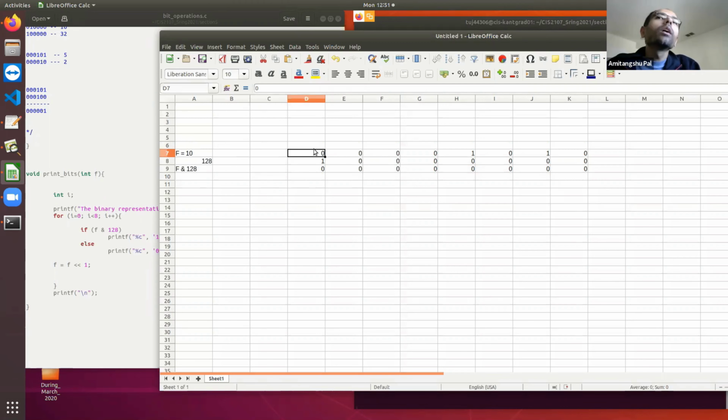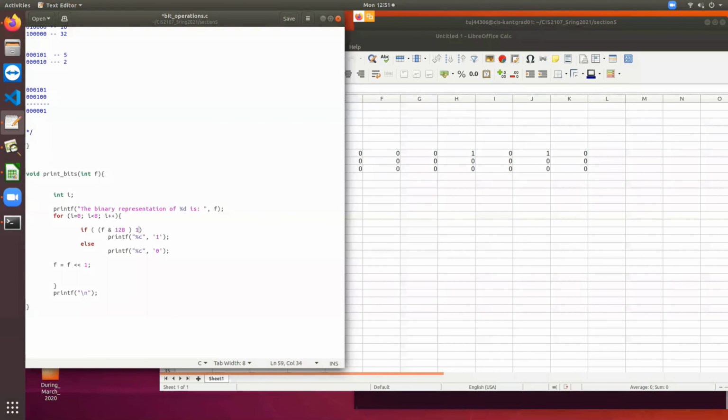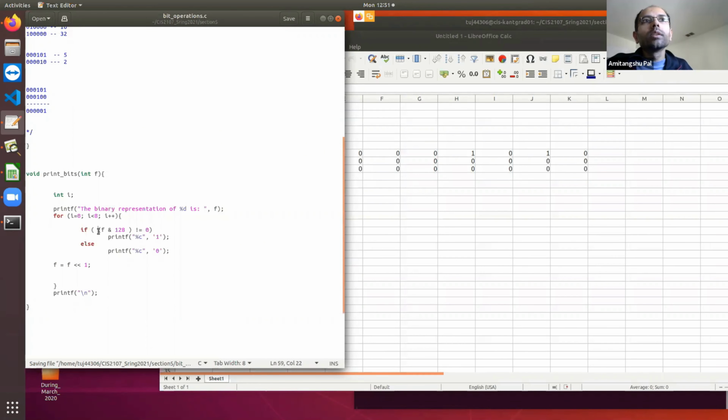Clear? Okay. So here I have written F and 128 inside if. What does this mean? This is equivalent to writing if F and 128 is not equal to 0. Just writing F and 128 means if F and 128 is true, that means it is not equal to 0.